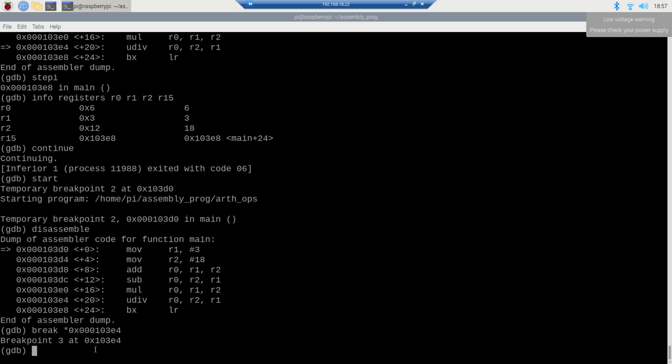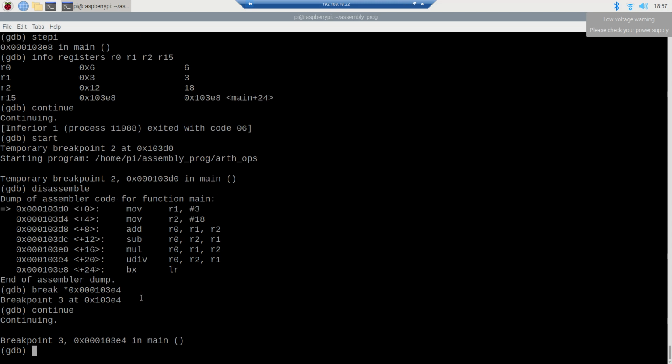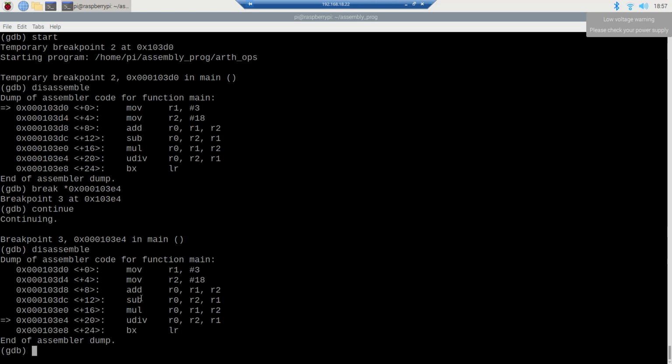Now if you want to execute this program till this particular instruction, it won't run past it, but it will stop here, so it will break here. So I will just write continue. At this particular point, if I want to disassemble and see where it has reached, you see this instruction still has to be executed. If you want to see the status of your registers again,